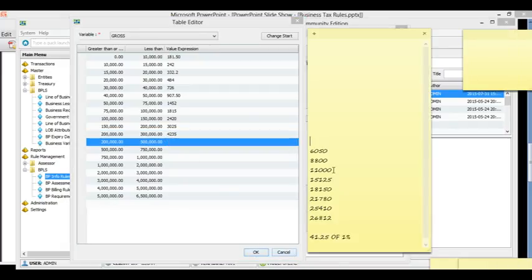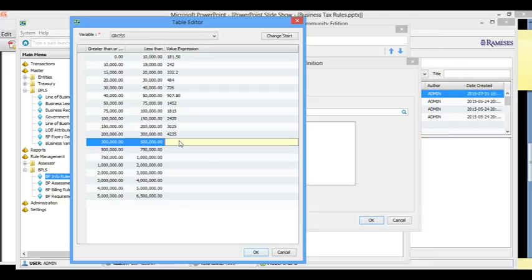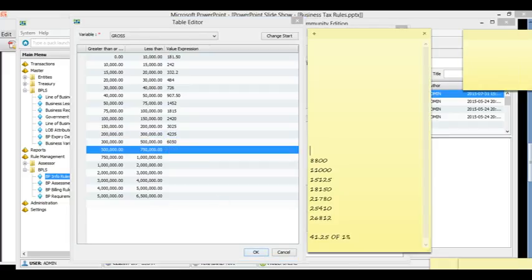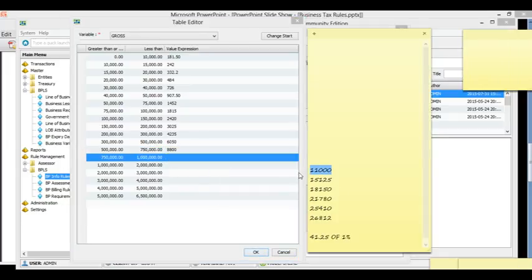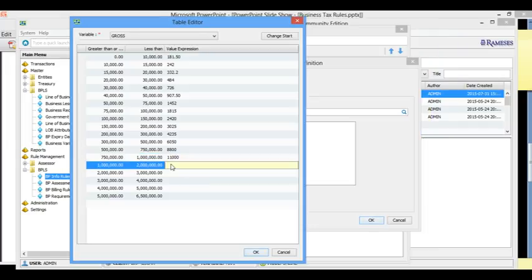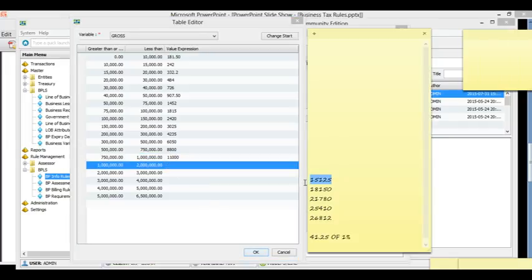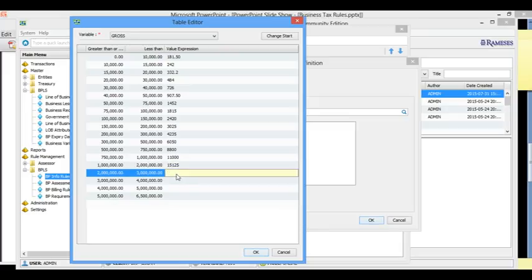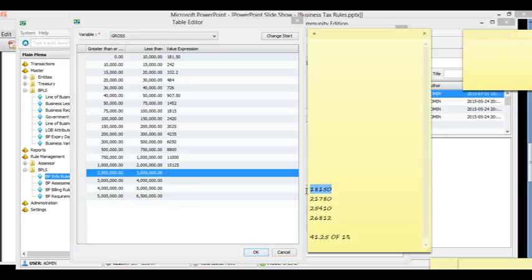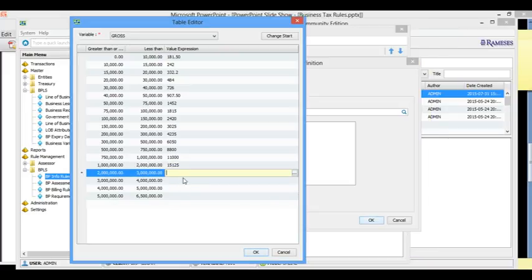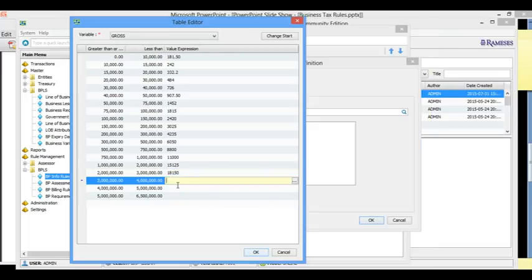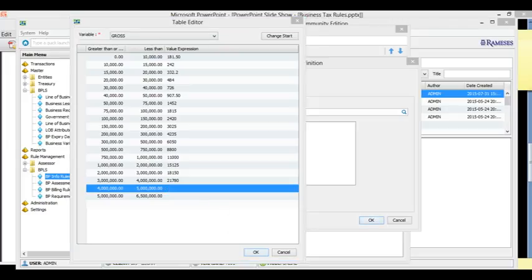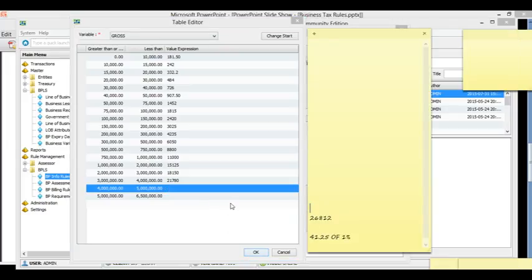Press down. 6050. Press down. 8,800. Press down. 11,000. Press down. Okay, we're almost there. Okay, 21,780. Okay, 25,410.